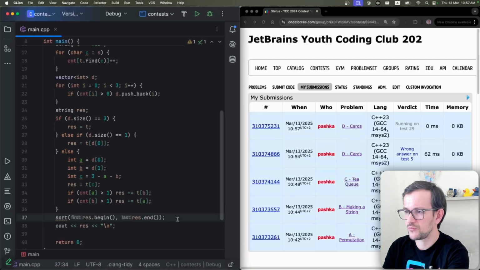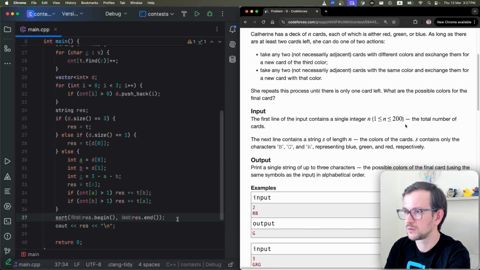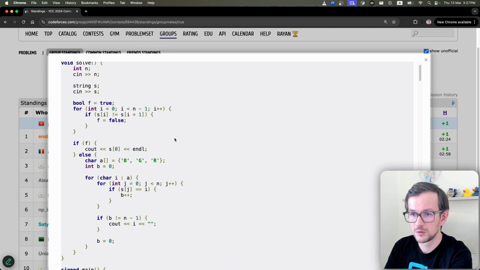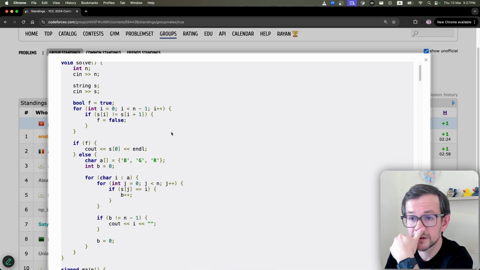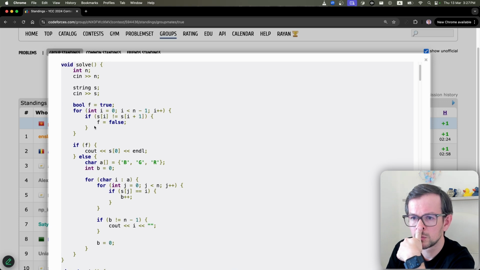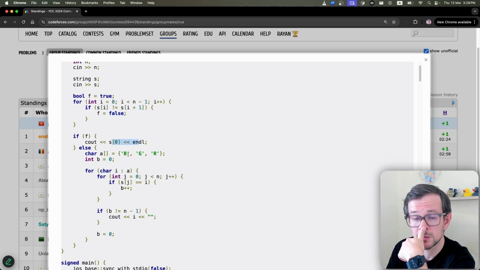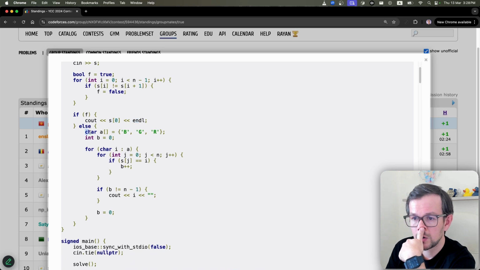Let's actually see if you have a better solution than I do. Oh, it actually looks better than mine. So f is all true, all equal. If someone is not equal, then f is false. Okay, if they're all equal, output this. Makes sense. Now here,